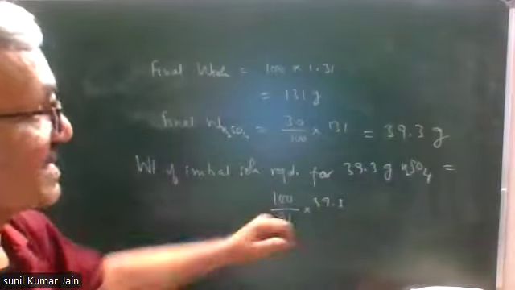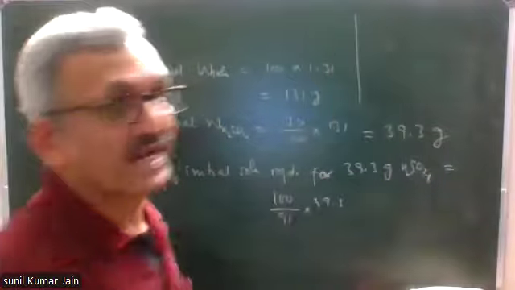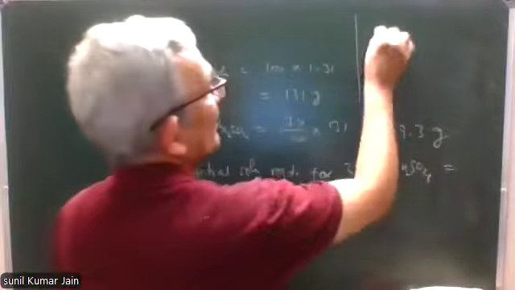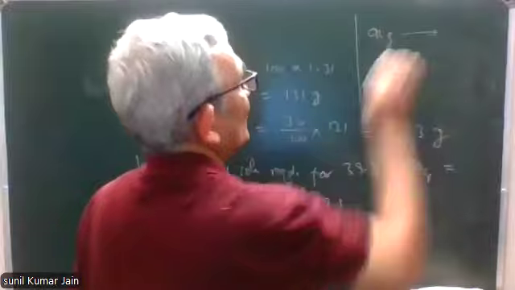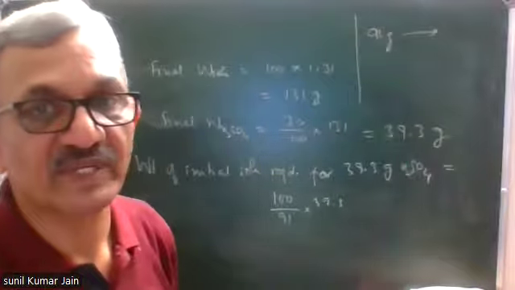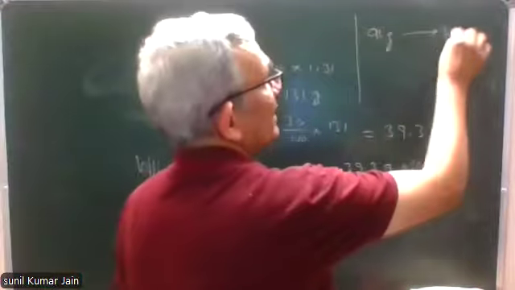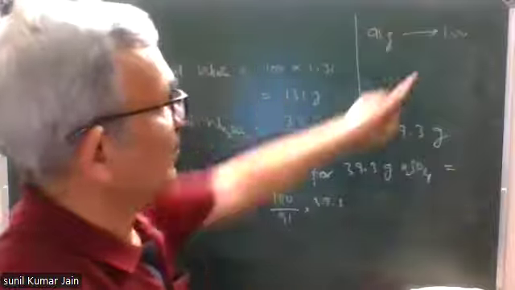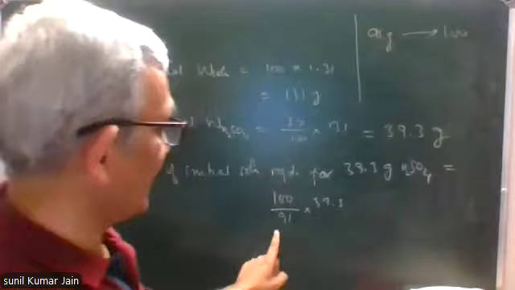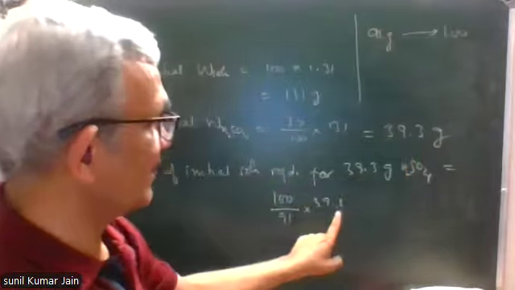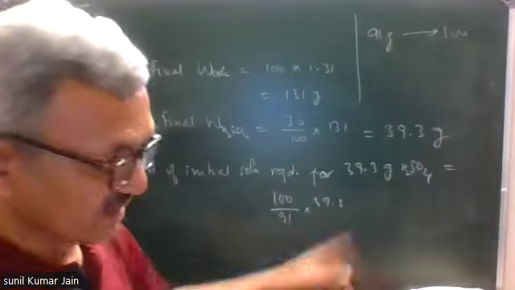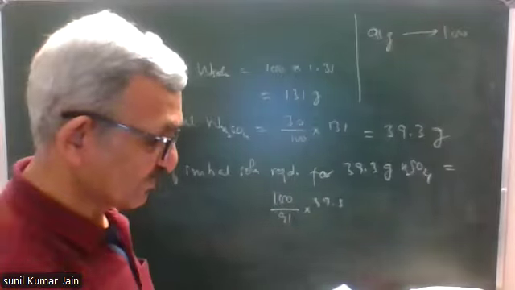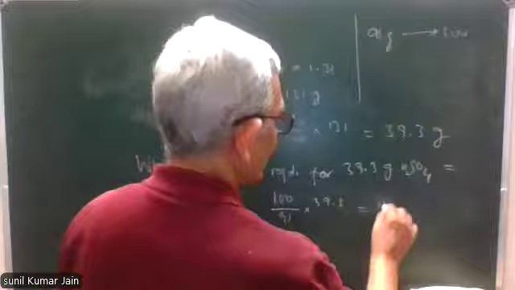Now, how come this expression? See, 91% means for 91 grams of sulfuric acid, I'll have to take 100 grams of solution. For 1, I'll have to take 100 divided by 91. For 39.3, how much I have to take? So this will come out to 43.19